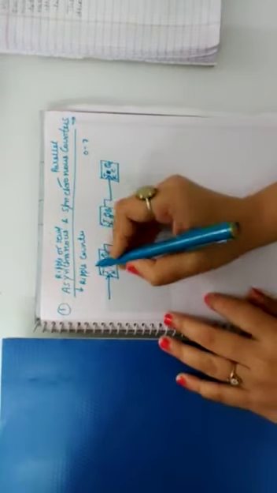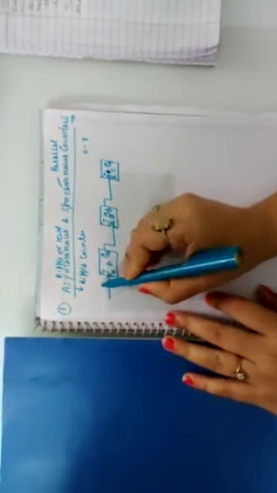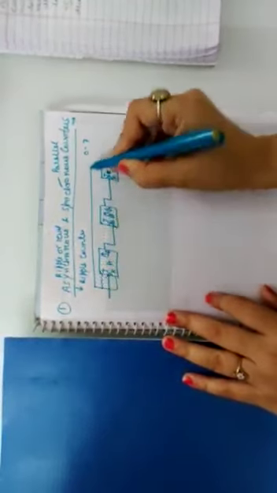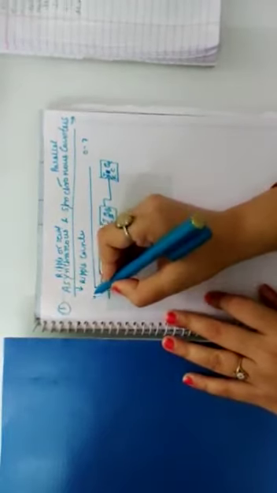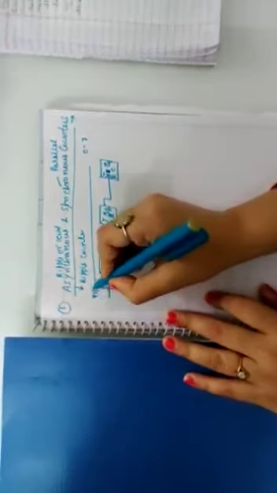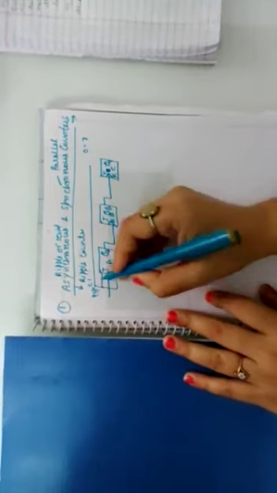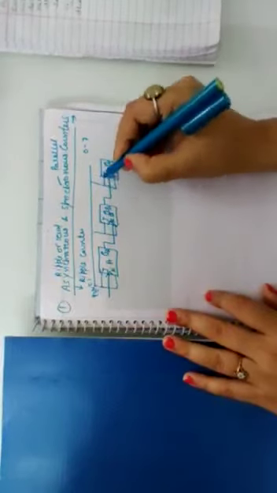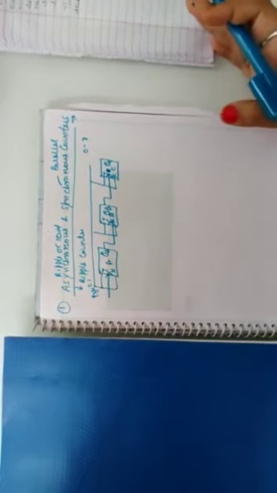This is asynchronous, and the common input J and K are connected to 1. This is the line for logic 1, and it is connected to the J and K inputs. Okay, the input is the same that we are giving, but the triggering is different for each flip-flop. This is the meaning of asynchronous.